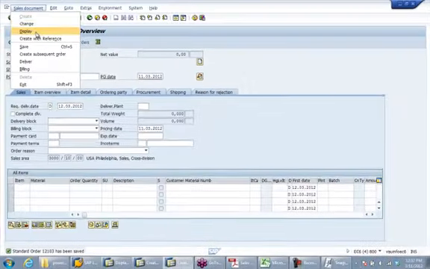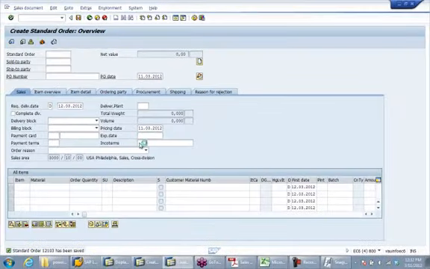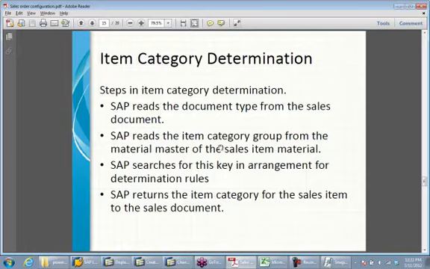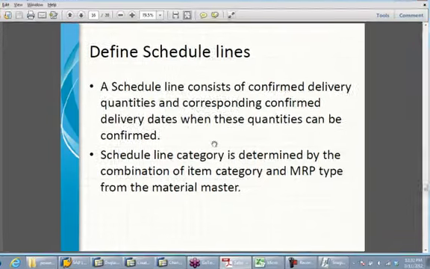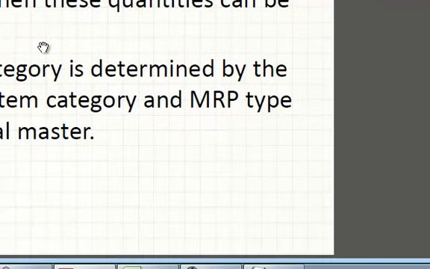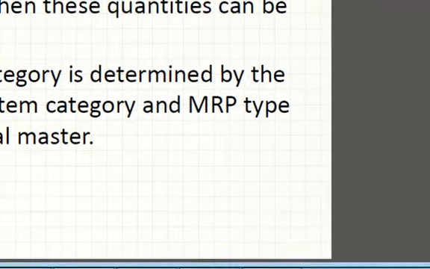Okay, so that's the concept of a schedule line. A schedule line consists of confirmed delivery quantities and the corresponding confirmed delivery dates when these quantities can be confirmed. And again, a schedule line also has